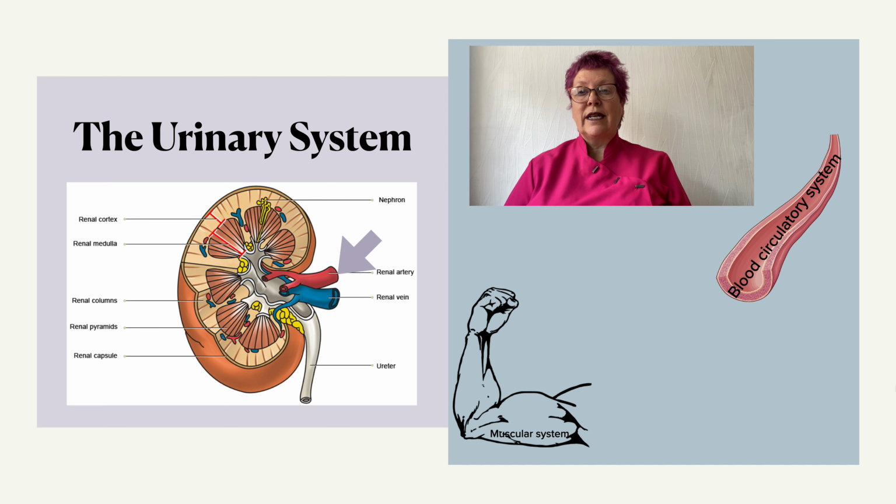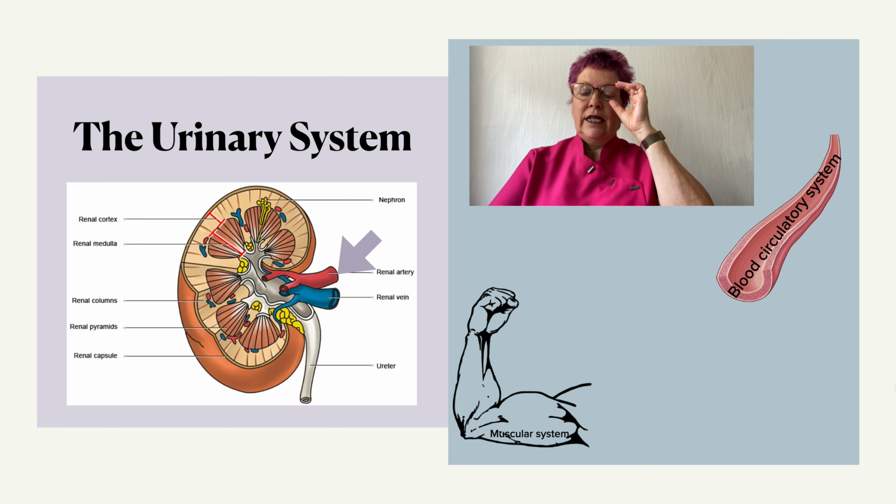The filtering takes place in the nephrons within the kidneys, and these nephrons can remove or reabsorb water, as well as any salts or calciums. Excess waste products are then excreted as part of the urine. And with this constant monitoring of blood in the kidneys, there is a relationship with blood volume and hence blood pressure. For example, if there is too little water within the blood as it enters the kidneys,